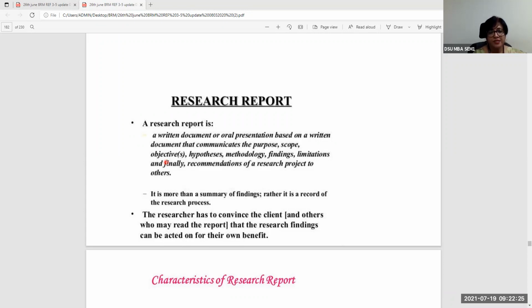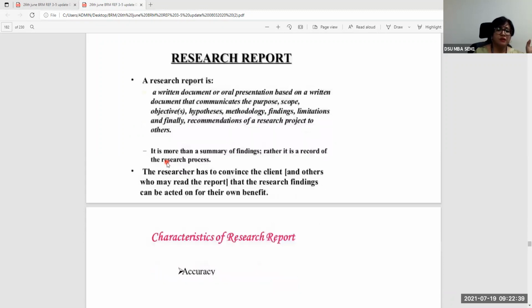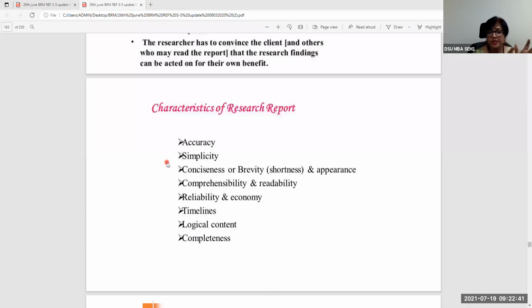It has to be chapterized, and the chapterization will necessarily follow from the dictates of the sponsoring organization who's actually initiating the research, or for whom the research has been conducted. So basically most research reports need to have certain characteristics, which is that no matter how much technicality has gone into the research conduct, or no matter how many quantitative or statistical techniques have been used in the research report, finally the purpose is that all these are methodologies and methods and techniques used for a certain purpose, and therefore the research report that comes out of undergoing such a stringent and robust process